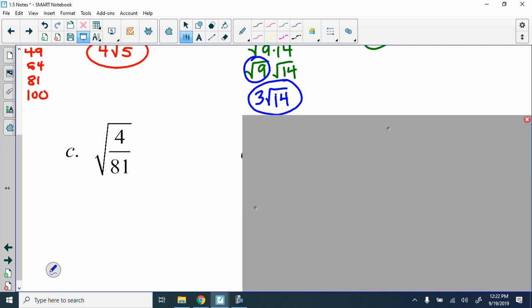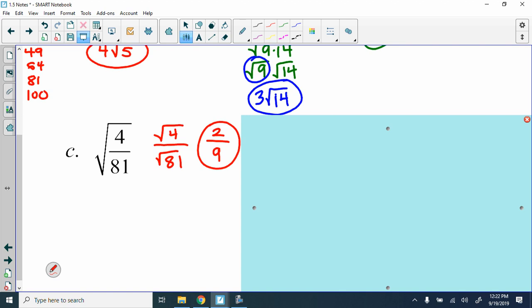The next one is trying to do it with the quotient property. So the quotient property, you see here, the square root of 4 over 81. All the quotient property is saying is that I can give the numerator and the denominator both a square root. The square root of 4 is a perfect square. The square root of 81 is a perfect square. So we end up getting it simplified to be 2 over 9. Now the last example we have here